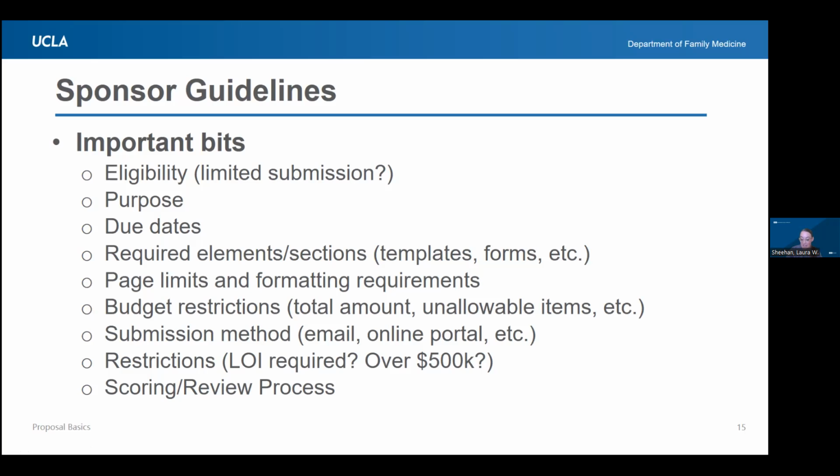If you see that, you need to reach out to your leadership to make sure you are okay being the one that submits. At UCLA, we have a limited submission office, and there's a portal that you would go to and do a pre-application. Here's who I am, here's what I'm hoping to do. Do I have permission to submit on behalf of UCLA, yes or no? And they will let you know.